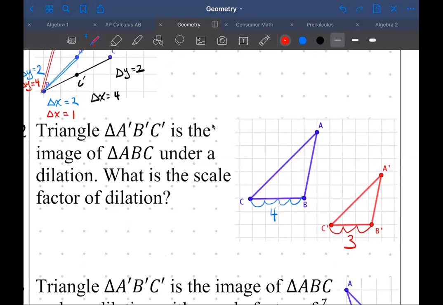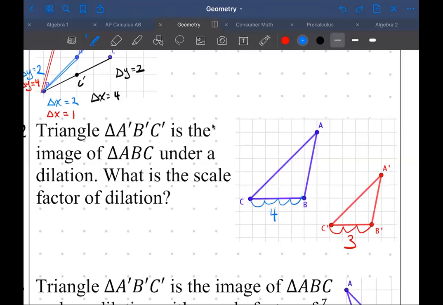I'll explain it in a different way too, in case you guys didn't catch it. It's really difficult to count how far we went from A to B, because that's a diagonal length. The only way that we can do that, and eventually you guys will find this if you haven't figured this out before, is you have to use the Pythagorean theorem, which is a bit of work. Same thing for A to C, this line segment. The only way to figure out the length of that line segment is to use a bunch of math instead of just counting. So Ulysses has the right strategy. Find the ones that go horizontal or vertical that you can actually count the number of squares, and then we can compare the two. Okay, so the distance between C and B, this line segment, is 4 units long,